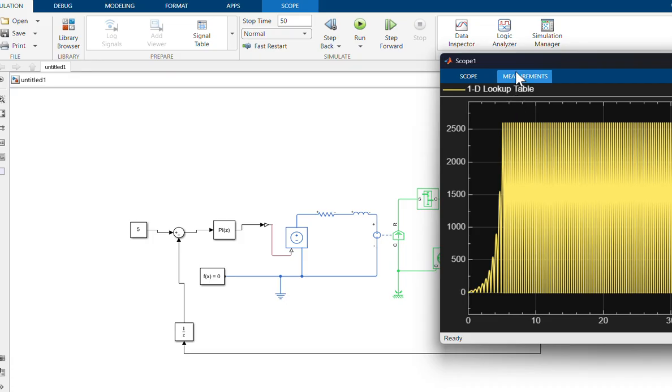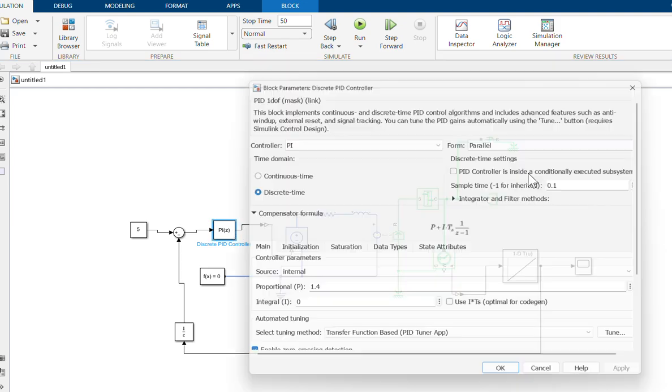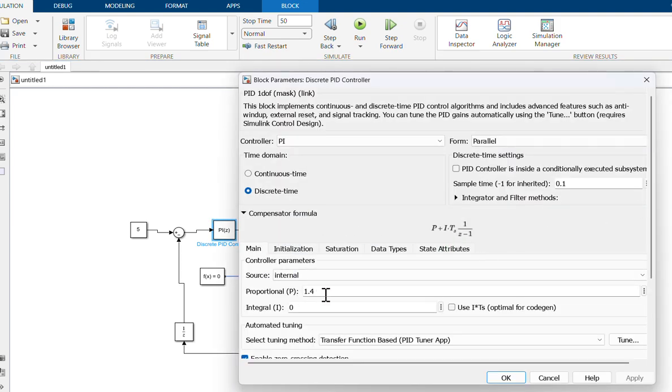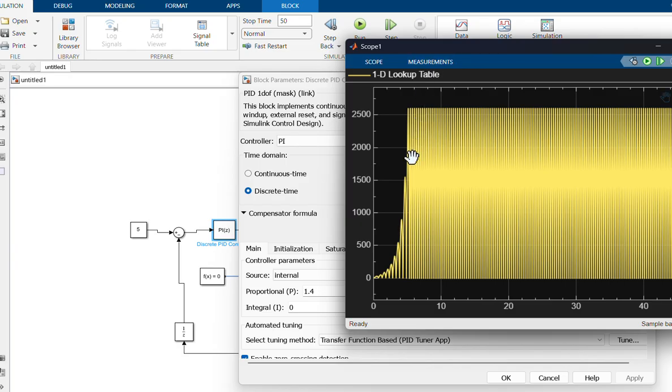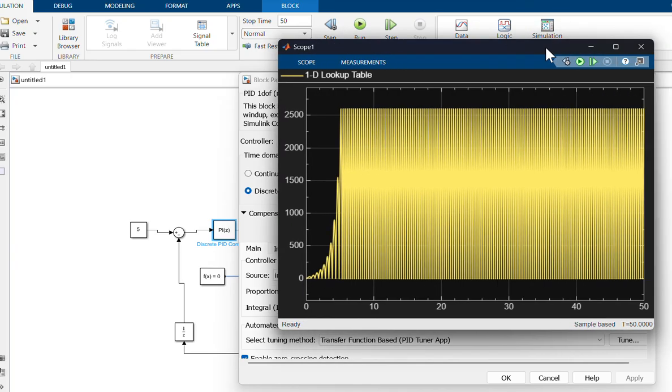Okay, we just again adjust PI parameters. What's the meaning of this? It goes over. Okay, what should we do?